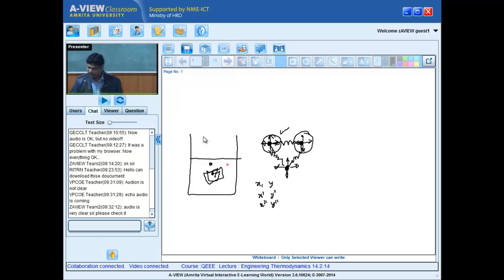The moment the same molecules become a liquid phase, number one, they cannot cross a boundary because there are attractive forces which keep them together. Nothing can go unless there is an evaporation. A lot of energy is required for that. But this is not as rigid as the solid. This can move at any point. Now again I have x as a function of time, y as a function of time, maybe in 3 dimensions z as a function of time, for each molecule. Now this molecule will have a velocity x prime, y prime and z prime.